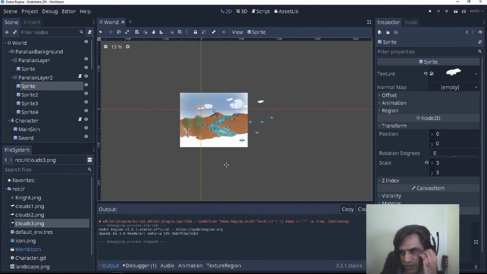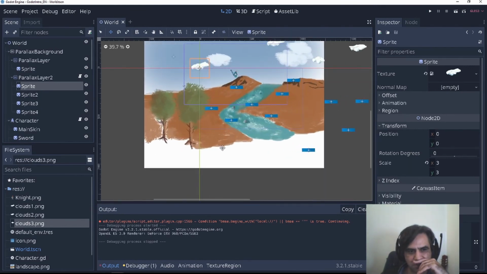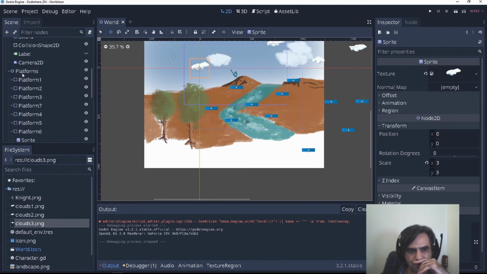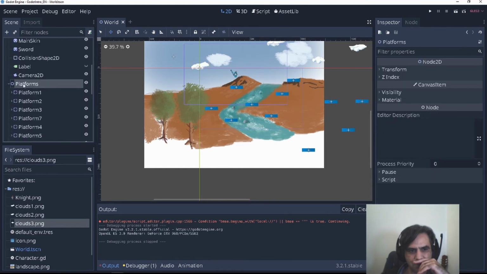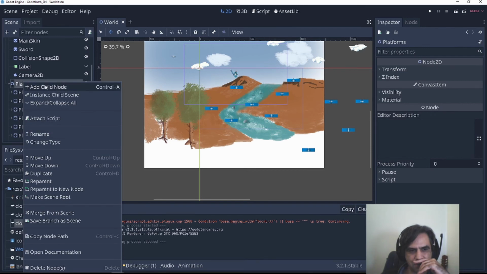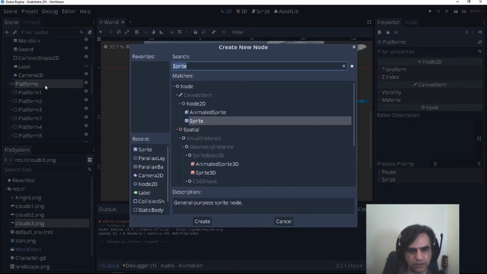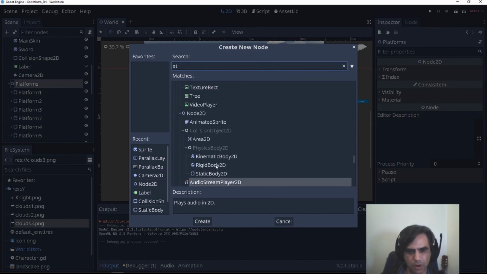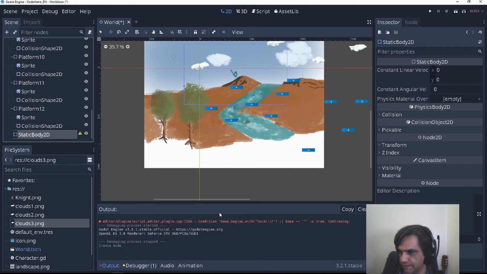So one thing that you might want to have, it is this. Maybe let's do a platform, but I'm going to do a new one. So add a child, static body, or screen wrapping for clouds. Yeah, it would be also a good thing. Normally, what I do is a factory, a thing that generates a spawner of clouds, and they are moving in one direction. But that is also a good solution.